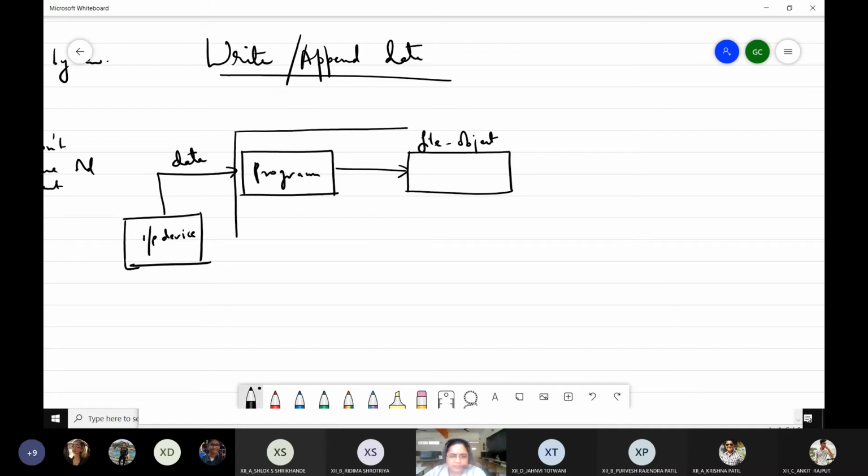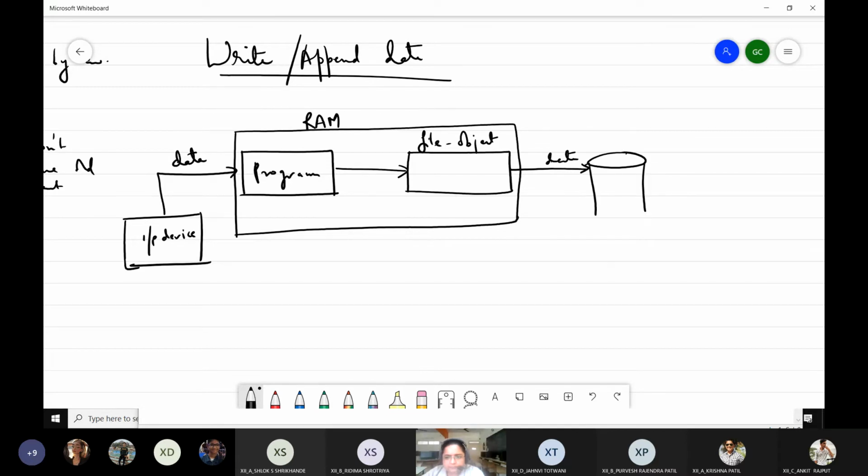Remember, these both exist within RAM. Program is also there in your RAM, and your file object, which is a temporary memory area created to handle your file related tasks, that is also there in the RAM only. And from here, the data goes into your hard disk. That is disk file.